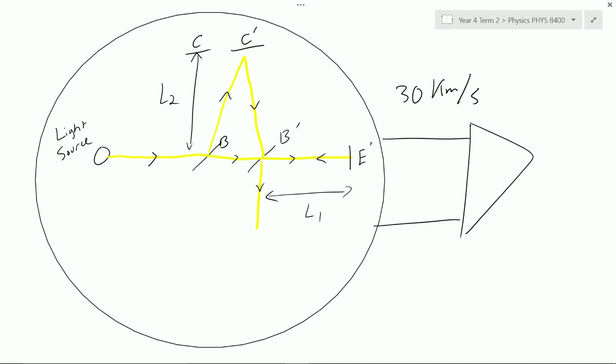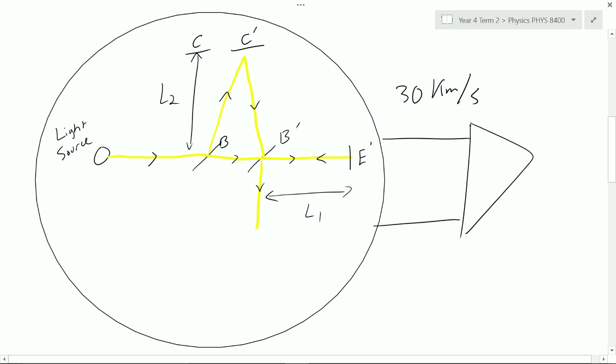And then it would go back down to the half-silvered mirror B, but it would have a new position B prime because it would move in the direction of Earth's velocity. But the beam that would go to mirror E, which in this case is now E prime because it as well moved in Earth's velocity's direction, remains unaffected because the mirrored distance remained the same since they both moved at the same speed.